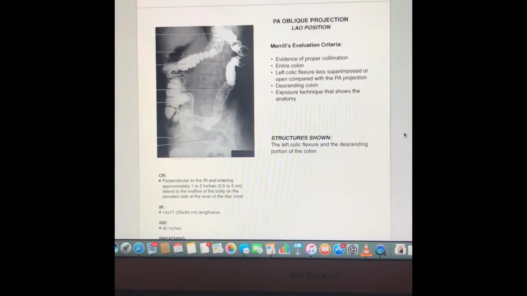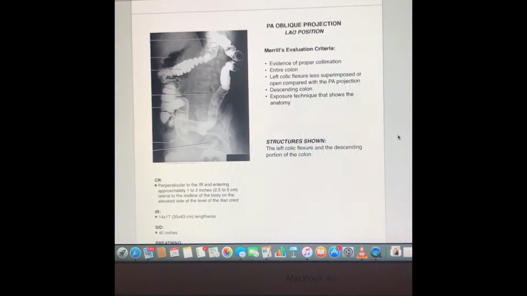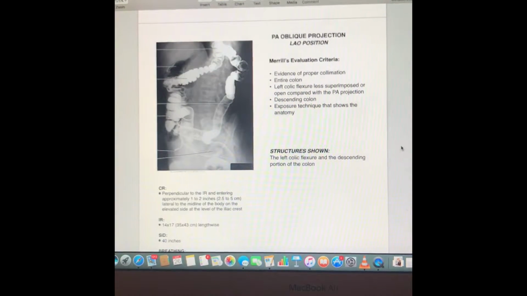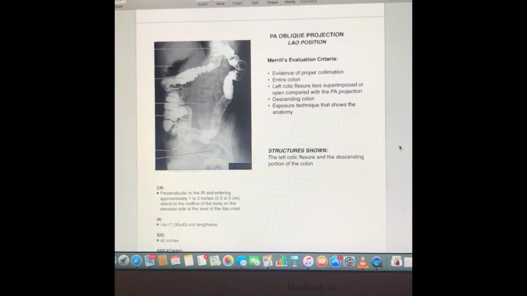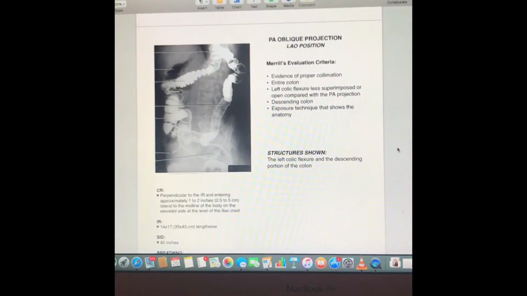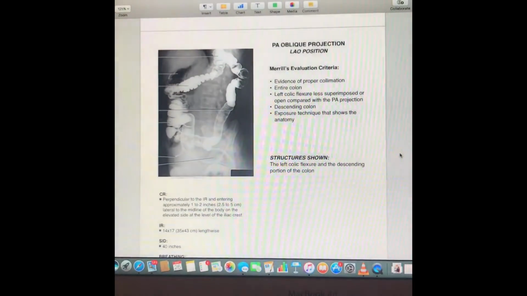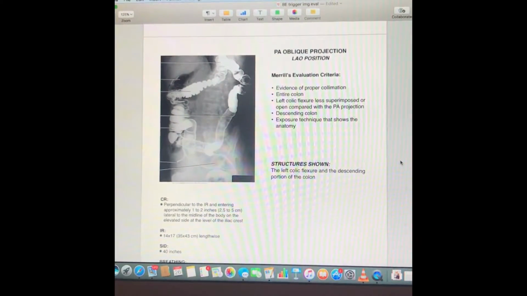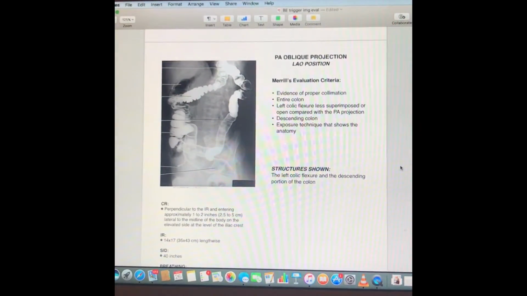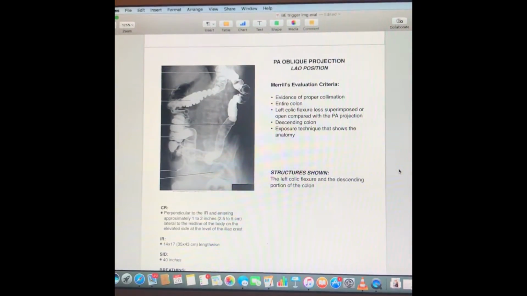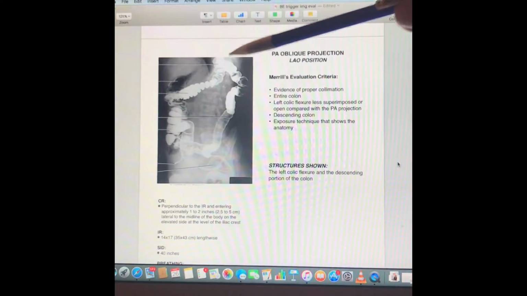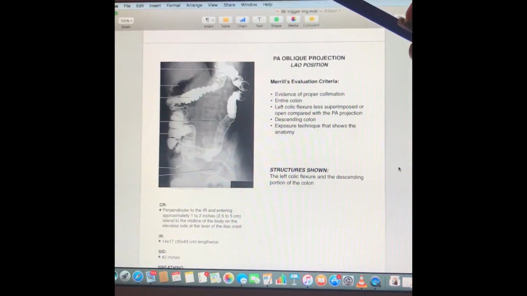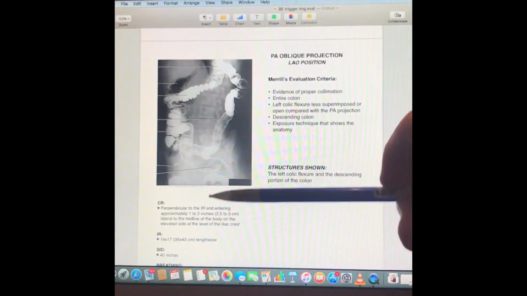My next projection was PA oblique projection, LAO position. Merrill's evaluation criteria are evidence of proper collimation, entire colon, left colic flexure less superimposed or open compared with the PA projection, descending colon, exposure technique that shows the anatomy. The structures shown on this image are the left colic flexure and the descending portion of the colon. So in this image we can see a left colic flexure, it's open, right colic flexure, descending colon, ascending colon,